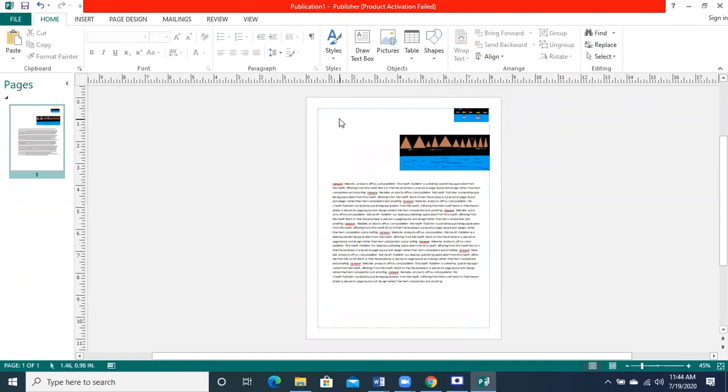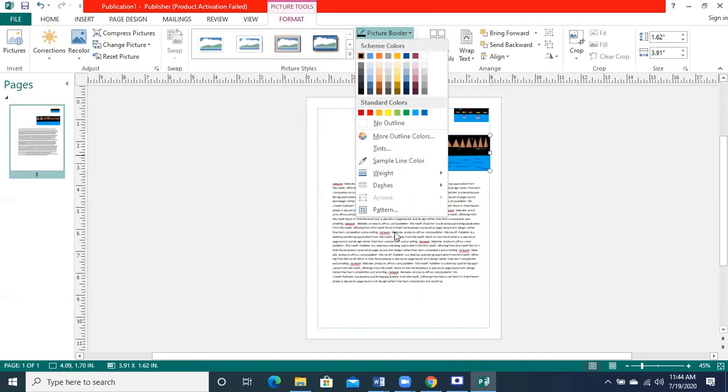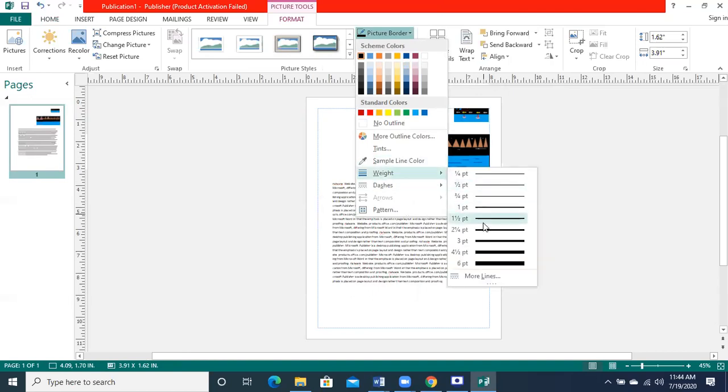The last option is the option in the picture style group to add a border of 2 point around a picture. If we click the picture and go to the borders, we take the weight of the border as 2 point.